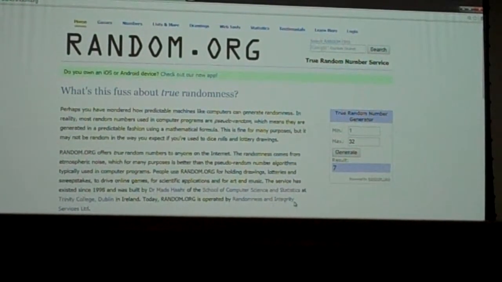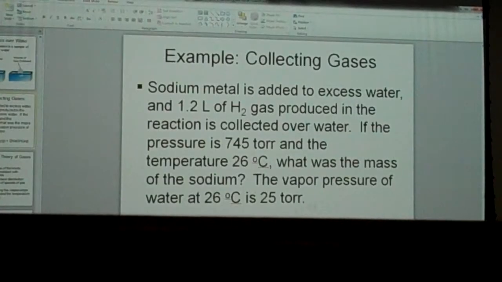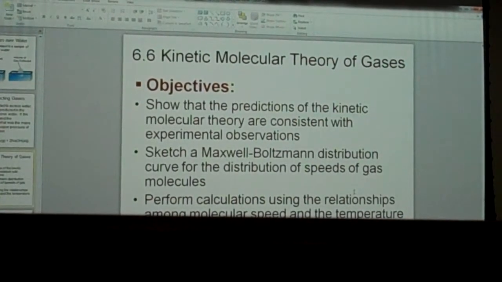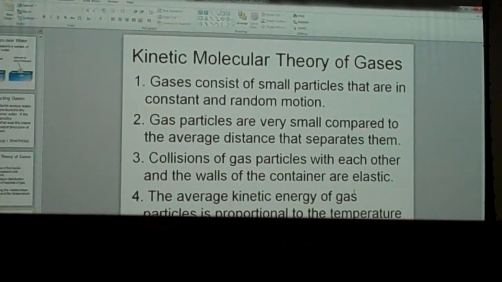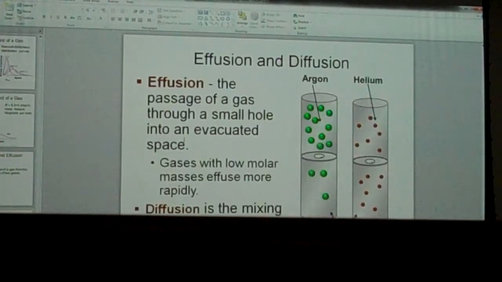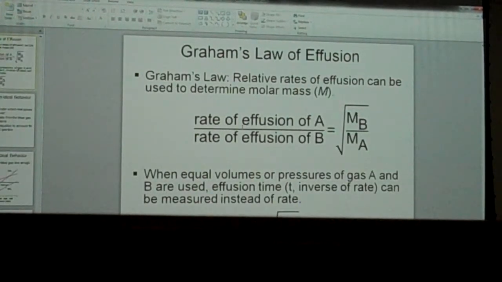All right, any questions about that one? Let me see where we are, because we're almost done. We've got 4 more minutes, but the rest of it, this kinetic molecular theory of gases, I'm going to talk about it, but I'll wait. Don't be putting stuff up yet. There's a couple of really simple equations like this one. It talks about the speed of gases. I want you to look at it ahead of time, so I don't have to spend a lot of time on it. And we'll talk about diffusion and effusion, and another really easy